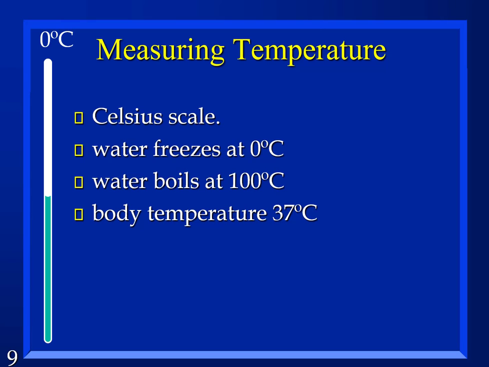Hot tub. The hot tub is supposed to be 40 degrees Celsius to kill all the right germs. It's 104 Fahrenheit. Okay. This room is usually between 20 and 25 degrees Celsius. A cool room is 20, a warm room is 25. Just to give you a sense of where they're at.